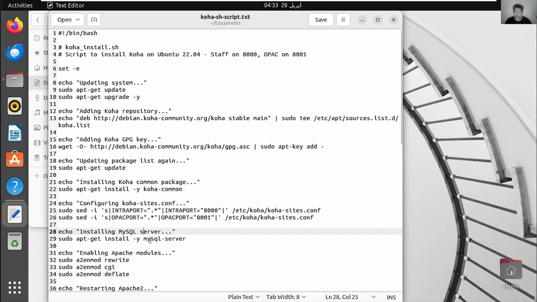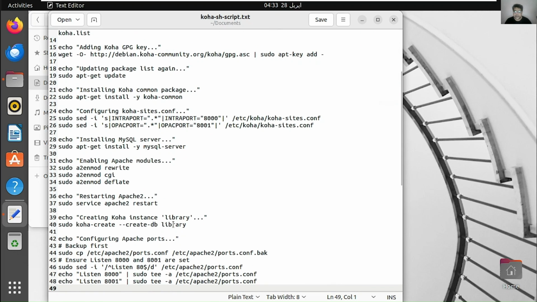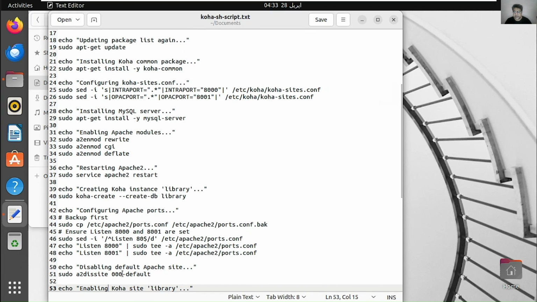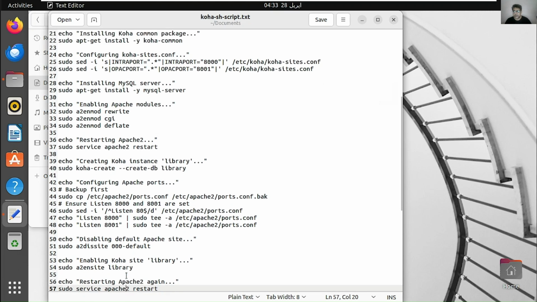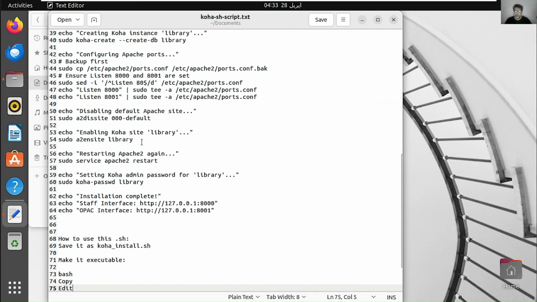Then we install the MySQL server, and we enable some Apache modules and restart Apache. We work on creating the instance. We back up the Apache ports file first, and then we edit it to listen on 8000 and 8001, and we disable the default Apache site. Then enable the library, that is the Koha site, restart, and all such processes.